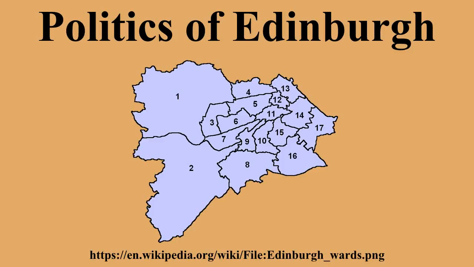Edinburgh North and Leith was increased in size by taking in parts of the old Edinburgh Central constituency. Edinburgh South was expanded in size taking in elements of the old Edinburgh Pentlands seat. Edinburgh South West was an entirely new constituency created for the 2005 UK general election taking in elements of the old Edinburgh Central seat, the original Edinburgh West seat and Edinburgh Pentlands seat. Edinburgh West was expanded to include some parts of the defunct Edinburgh Central seat.